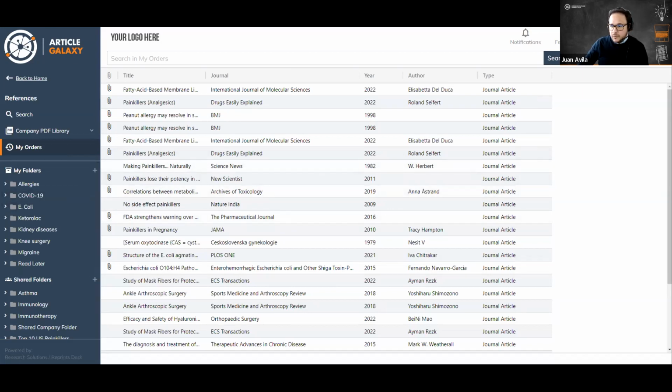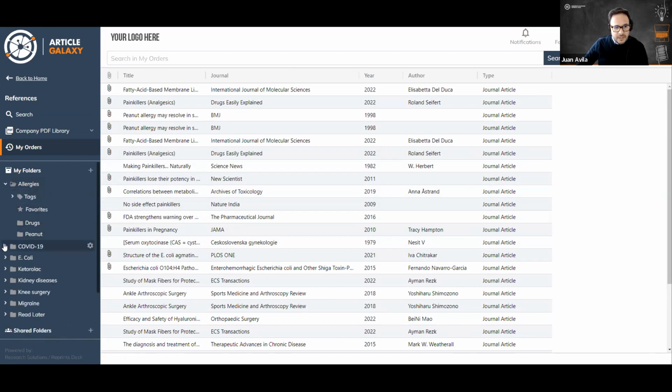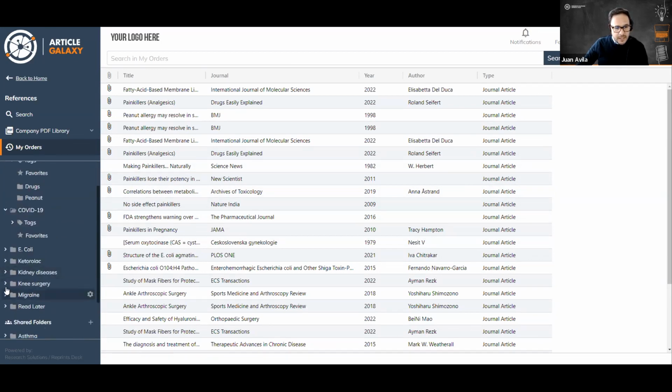So now I'm moving to the folder section. It has two subsections, as you can see. One is called My Folders, and the other one is called Shared Folders. My Folders are the user's personal folders, and no one else has access to them, hence the name. So in this case, only me, or only the user, has access to these specific folders. This is a cool feature, by the way: I can turn any personal folder into a shared folder